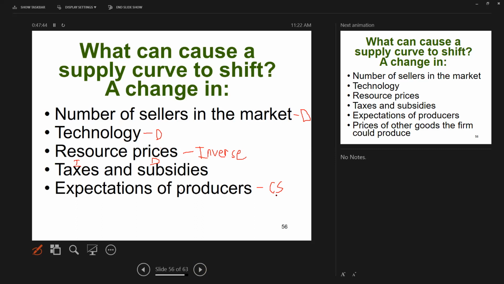Well, you might normally sell it. You now say, oh, if it's going to be double next week, I better save it so I can get double the price next week. So if you expect prices to go up in the future, you're going to restrict or decrease supply now. If, on the other hand, you expected prices to fall in the future, that would increase supply right now. I'd sell more of that gasoline in that tank now, knowing the price is going to be lower next week.